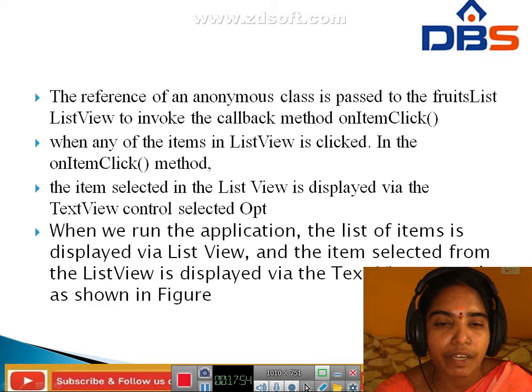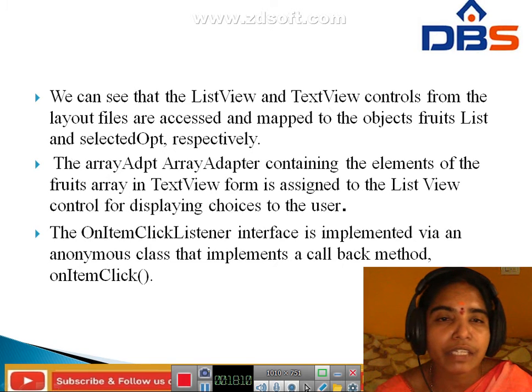Next point is when we run this application, the list of items is displayed through a list view and the item selected from the list view is displayed here. Next we can see the list view and text view controls from the layout files, and we access and map them to the object's fruits list by using the selected option.